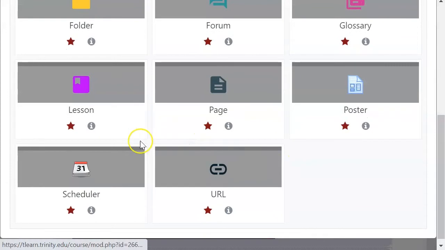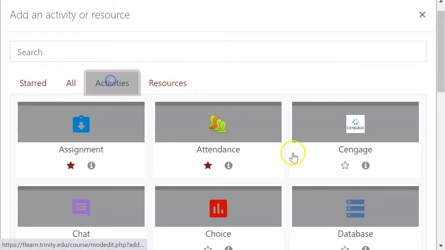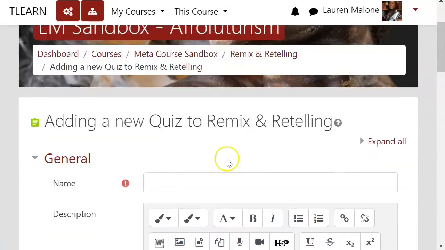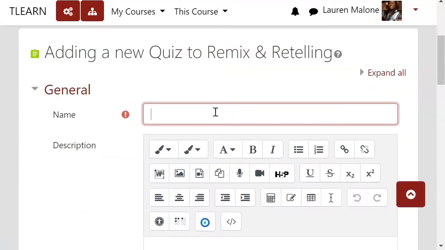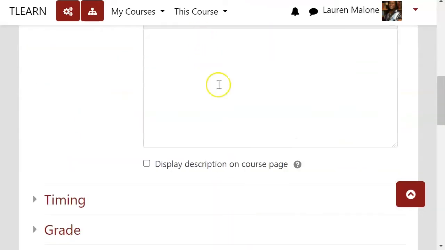So I don't use quizzes a lot, so it's not going to be on my starred page, so I'm just going to go to activities and scroll down. Here's quiz here. So I'm just going to do a remix quiz. Again, like with the assignments, you can add a description to display if you want to, but